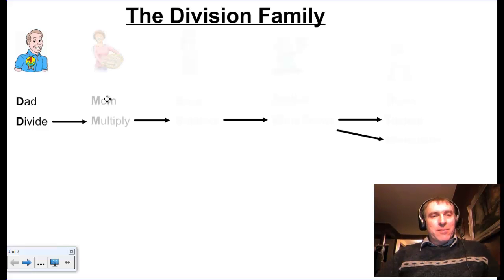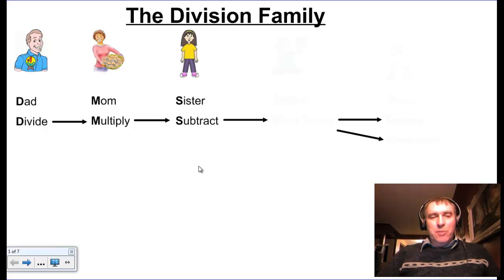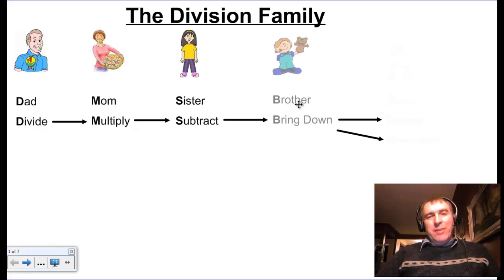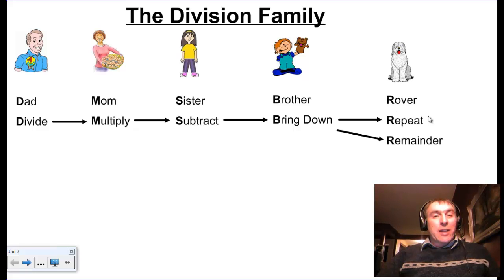The second step is Mum, multiply. So Dad, Mum. The third step that we do in long division is subtraction, and that is run by Sister. The next thing we do is Brother, and he tells us to bring down. And of course, what family would not be complete without Rover? And Rover tells us that we either repeat the whole process or that we have a remainder that we're basically stuck with. So Dad, Mom, Sister, Brother, Rover, if you keep those things in mind, it's going to help you